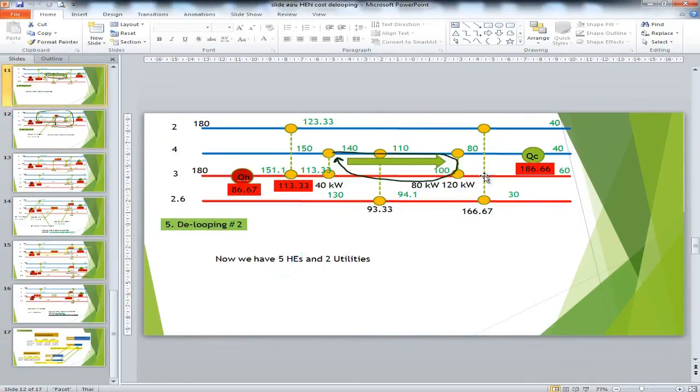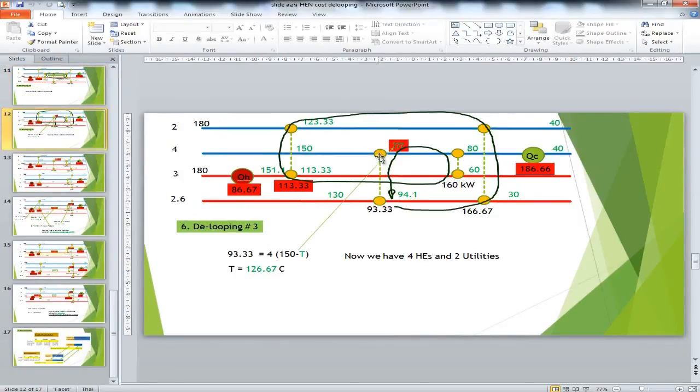However, the temperature would not show up as 140 anymore, and the temperature here should be changed according to the heat load applied to this heat exchanger, because we don't have this anymore, right? So what I get is to calculate the temperature on this part based on the heat load